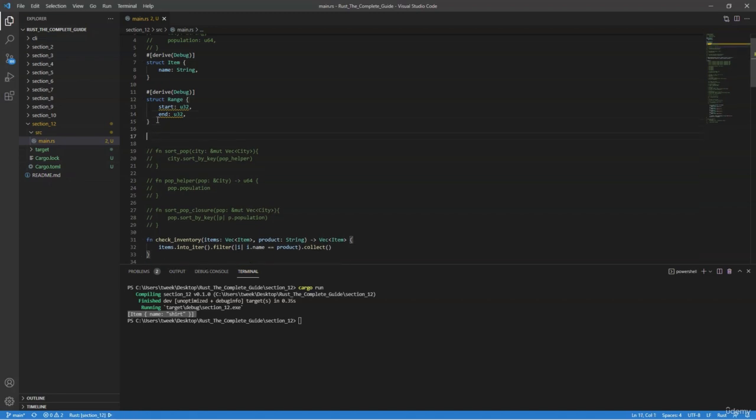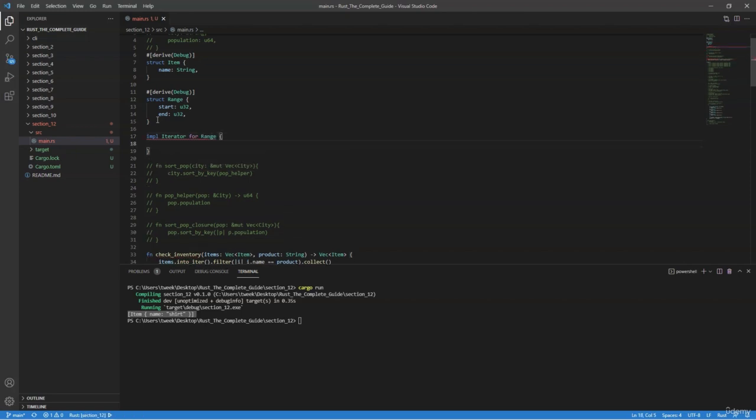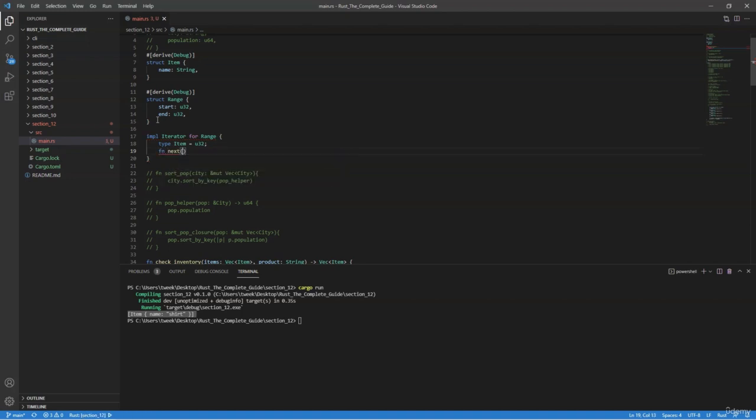And now remember, we have to implement an iterator for Range, so we need to implement the trait. So we're going to have type Item, and it's going to be unsigned 32, and now we need to implement next. So we'll have a mutable reference to self,